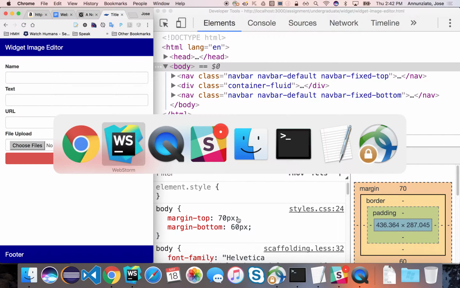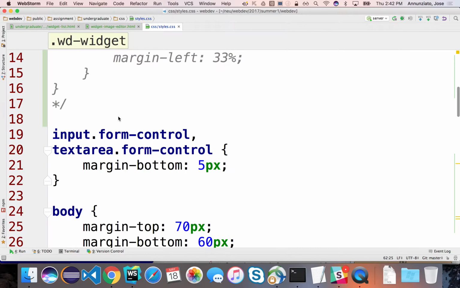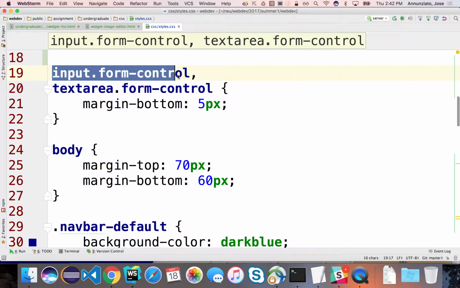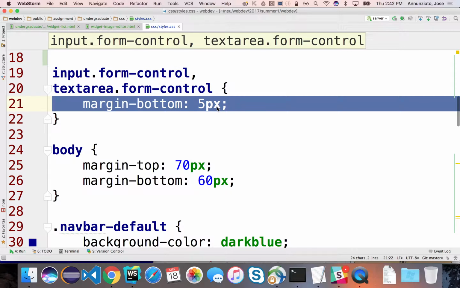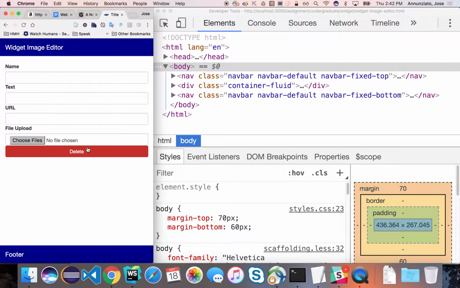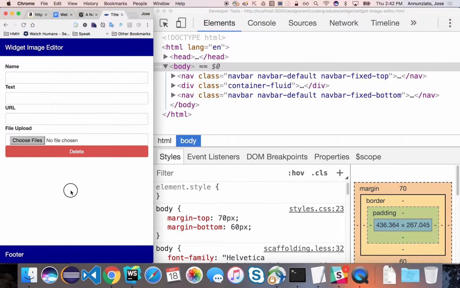Remember from the style sheet, where is it? We have input.form-control, and we're adding our own margins of 5 pixels. Remember that? If we didn't have that, the default behavior would be not to have those 5 pixels. Yes? Right. All right, so let's put that back. Now on the